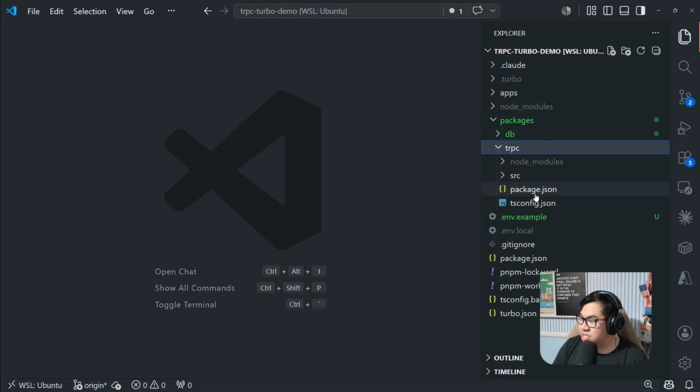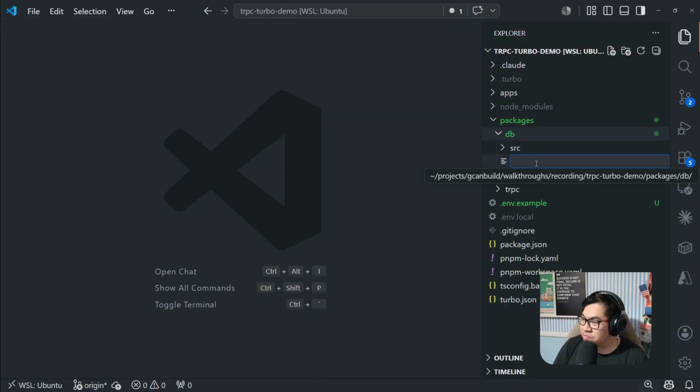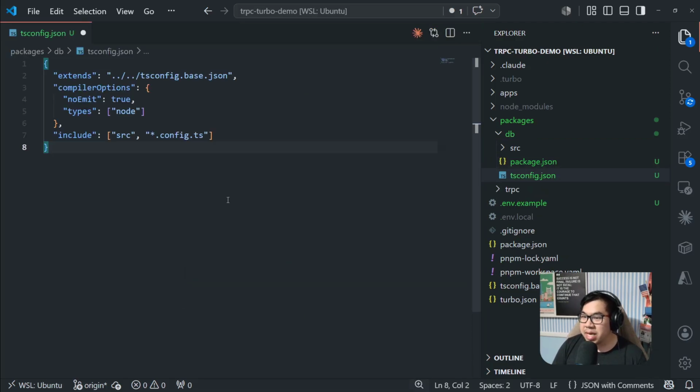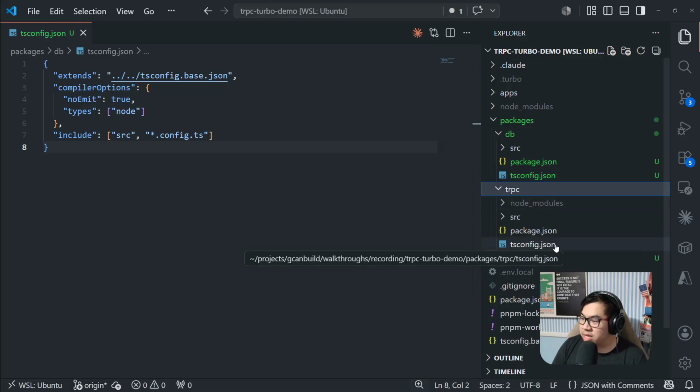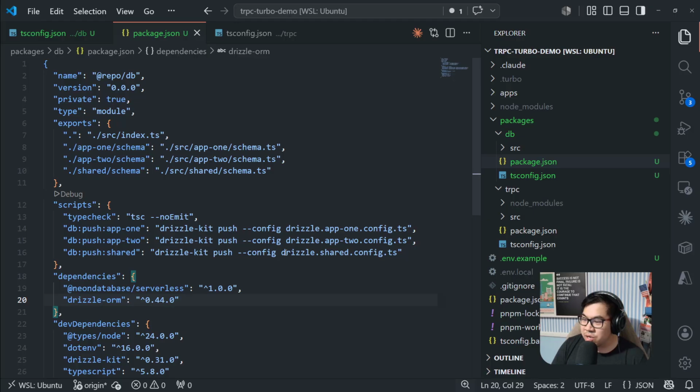If you'll notice, our tRPC actually had it, tsconfig.json. We'll need to add that at the DB level, so make sure that you don't add it into source by accident. So we're going to do tsconfig.json here. We're going to paste this in, and if you come from the part 1 and you were noticing that there is a difference here between these two, why is there a node here? Why is there config.ts? Well, if you remember in our package.json, we're going to be having